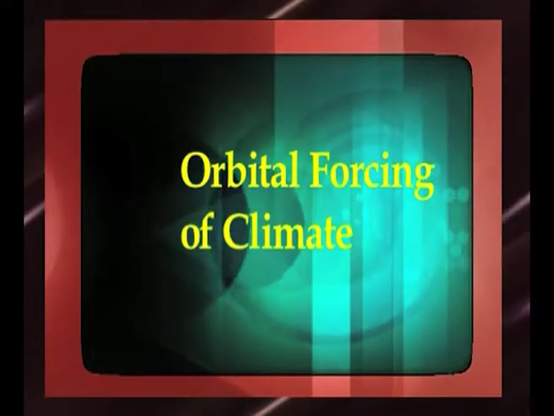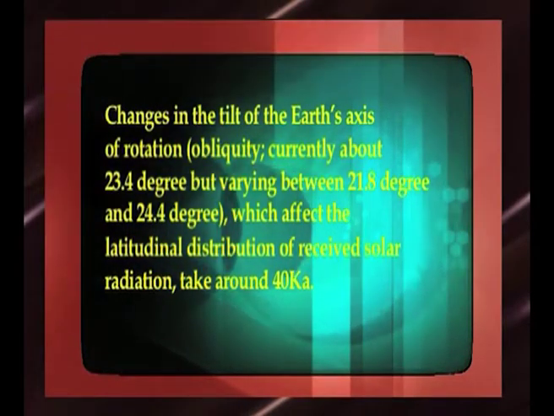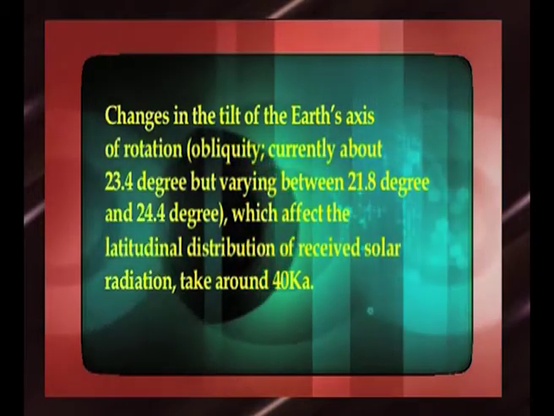Coming to the orbital forcing of climate. In 1875, James Croll was the first to describe the cyclic way in which the Earth's orbit behaves. The eccentricity varies from near circular to elliptical over a cycle of about 110 kilo-annum and affects the total amount of solar radiation reaching the Earth. Changes in the tilt of the Earth's axis of rotation,